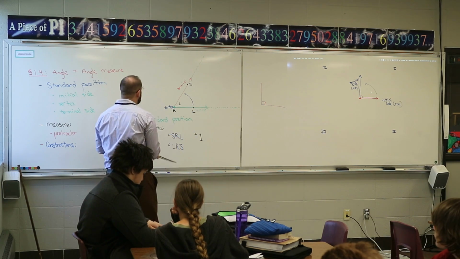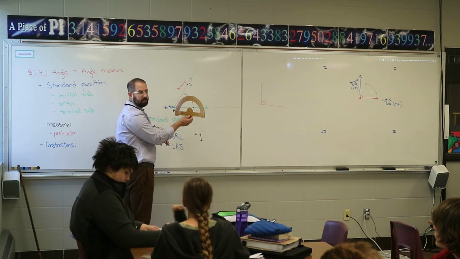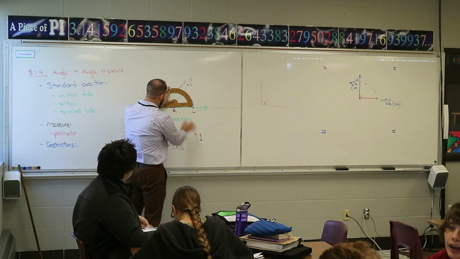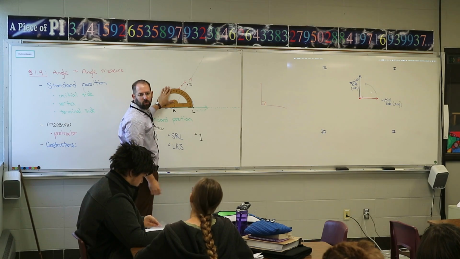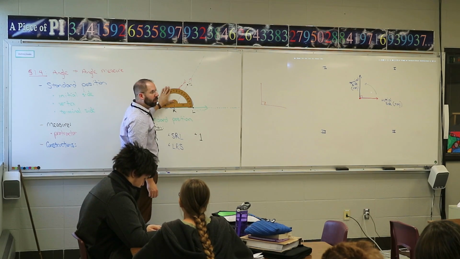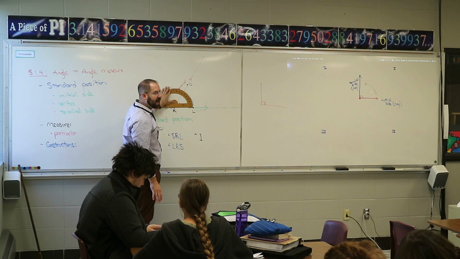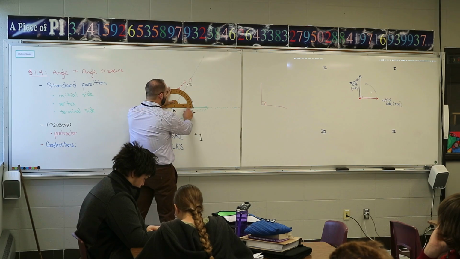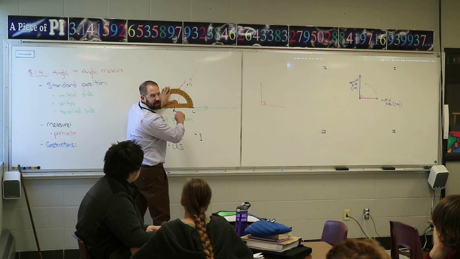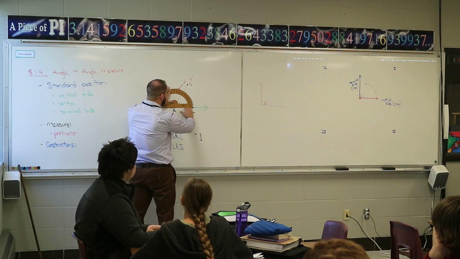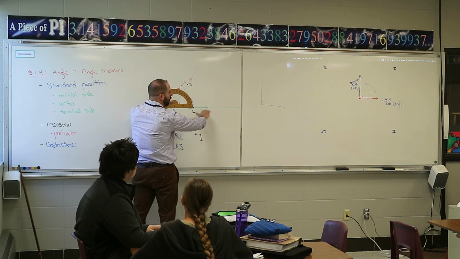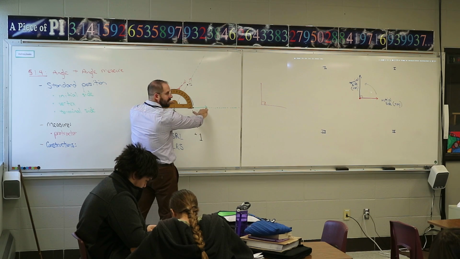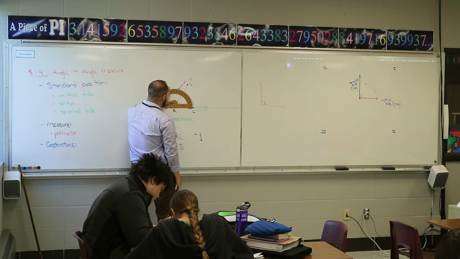Okay, what I'd like you to do, put your dot that's right in the middle of that protractor right on top of R, the picture you have drawn. And you're gonna put that dot right on top of R. Now, this is the part that always gets people. So you have your dot on the R. And try to make it perfect. You're gonna line up the bottom line, I think in yours you have a really solid black line, correct? Like a dark line. Line it up with the initial wall. So line it up perfectly. So like 0 or 180 is right on top of that. Once you have that,